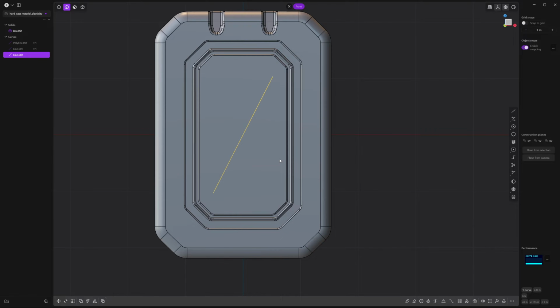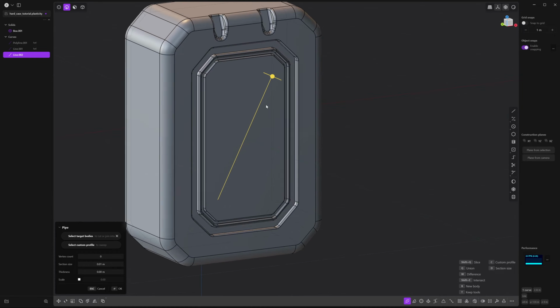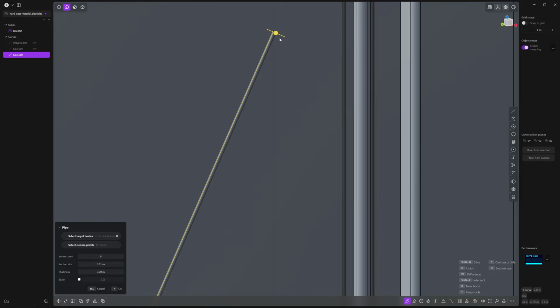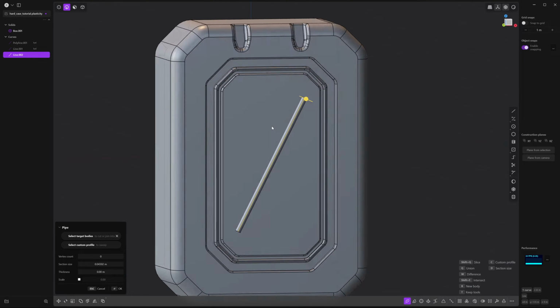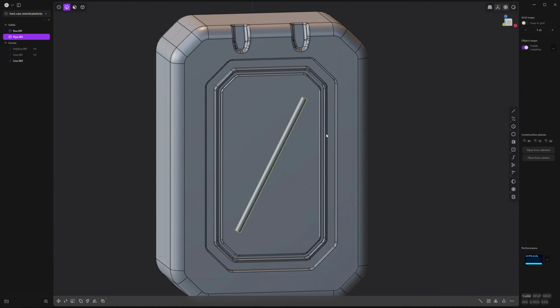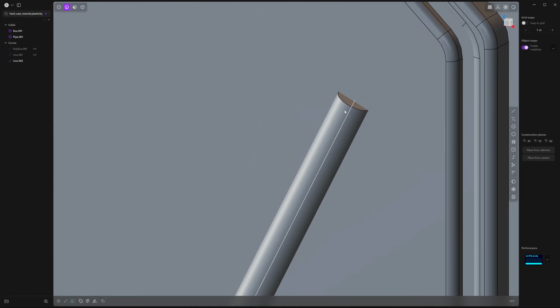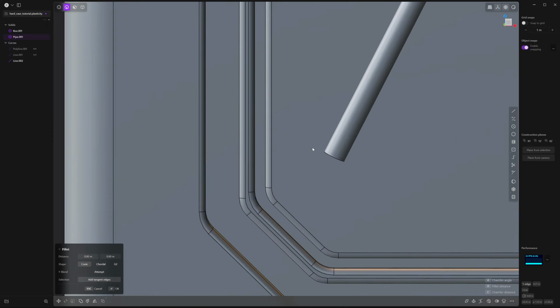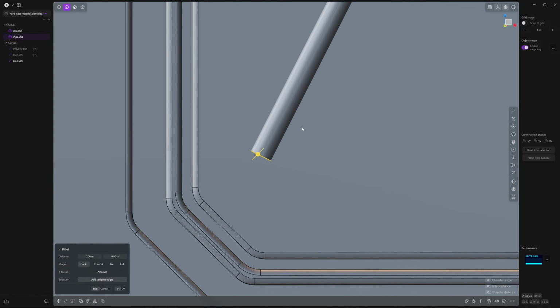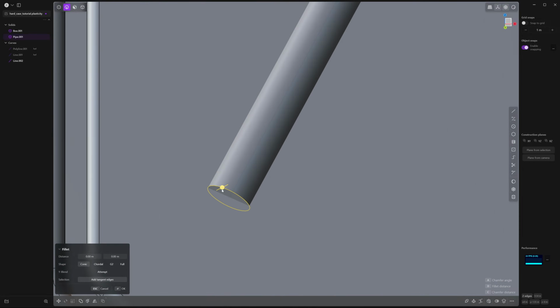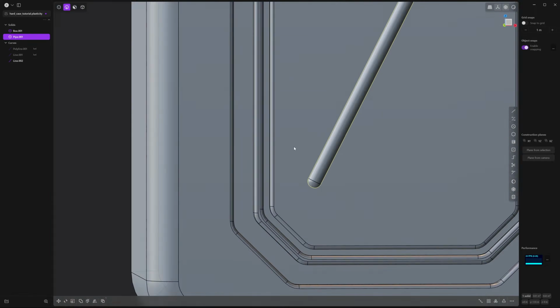accept. Now you can press P, that'll create a pipe off of a curve. And you can barely see anything, so you're just going to have to drag this outwards to scale it out. And that's what we want. So right click to accept. And we do want to give this a really substantial fillet. So in edge mode, press 2 if you're not already in there, and then shift select this other one. And we're going to drag this handle to create a fillet. Right click to accept that.